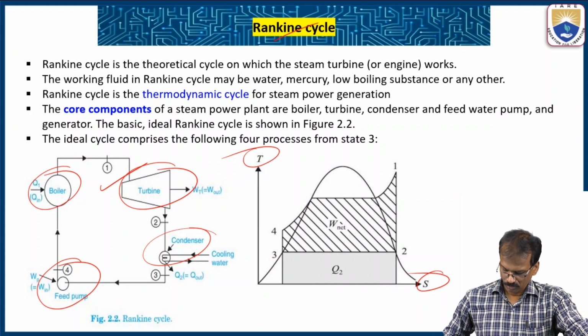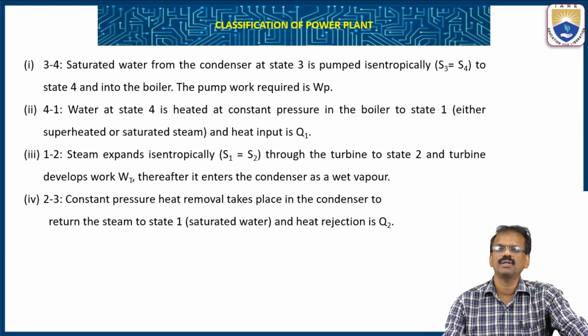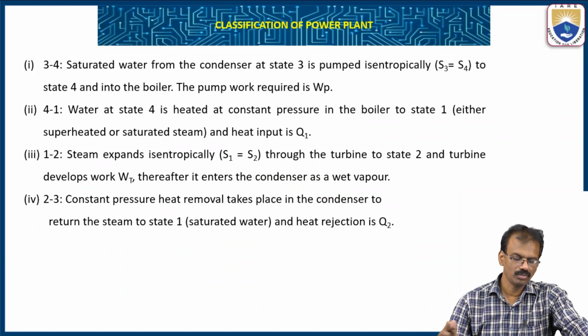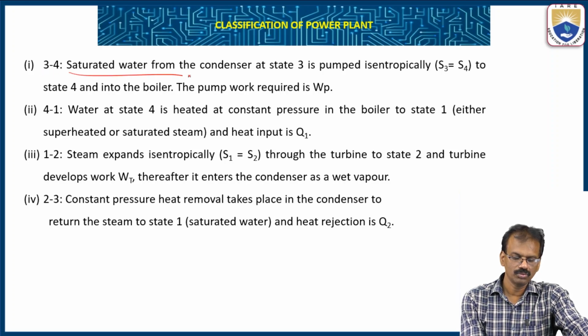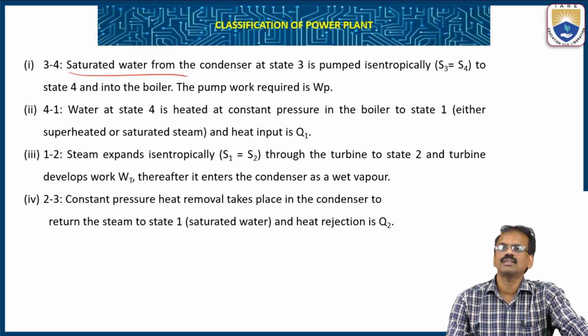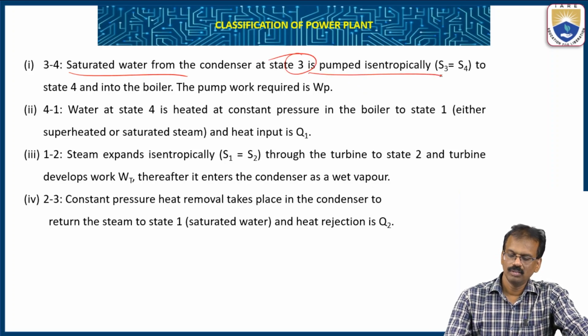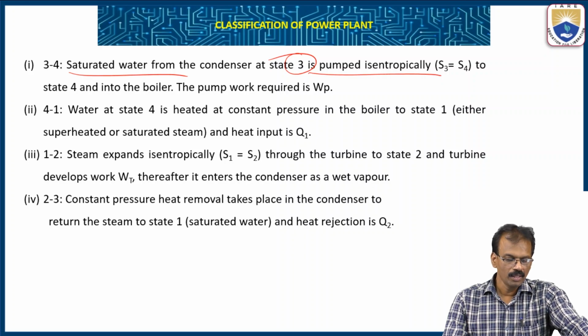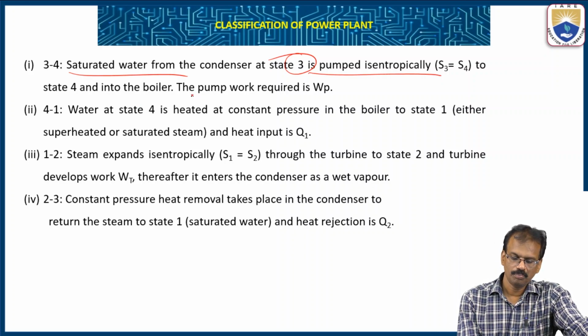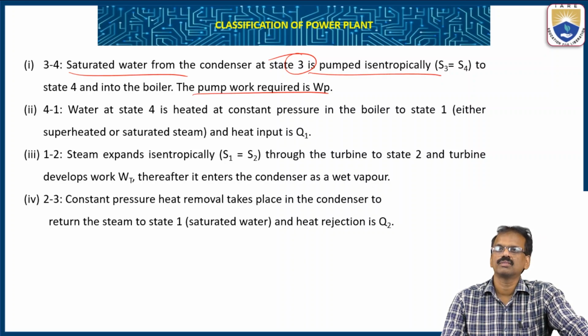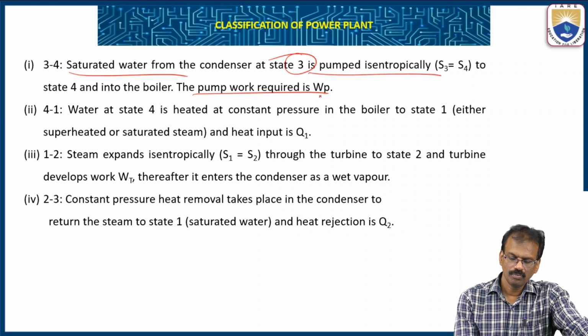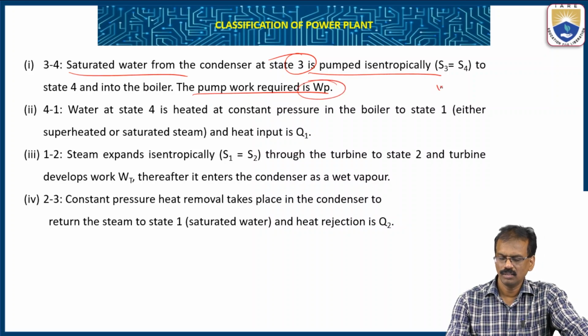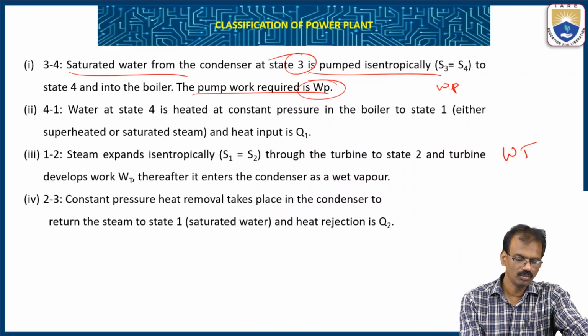Based upon this, we already saw what happens in this Rankine cycle. In 3 to 4, that shows the saturated water from the condenser at state 3. We know that isentropic means the entropies are the same. At state 4, the pump work required is represented by work done by pump, and work done by turbine is represented by WT. Then in 4 to 1,